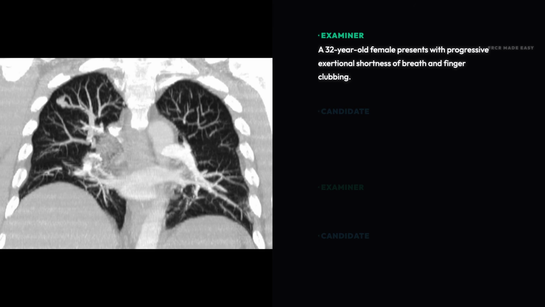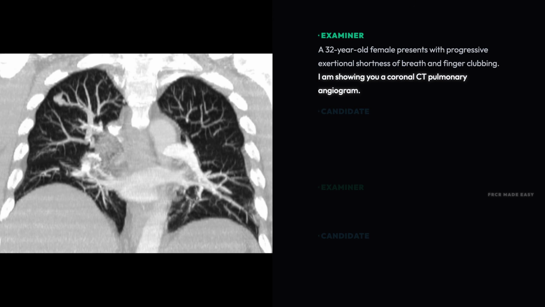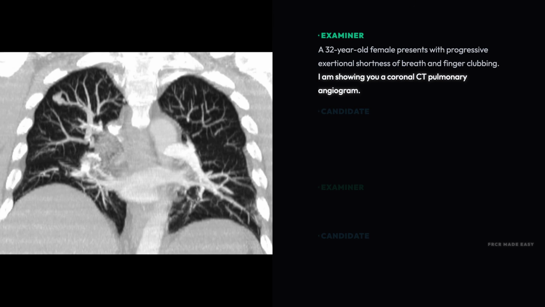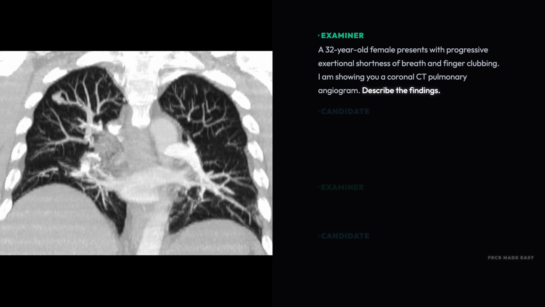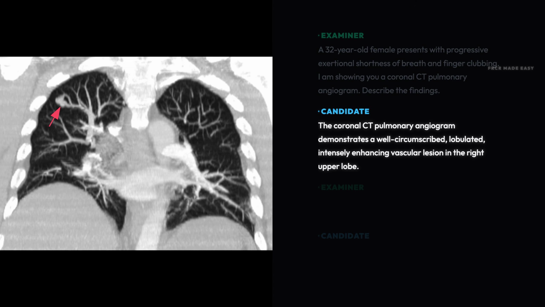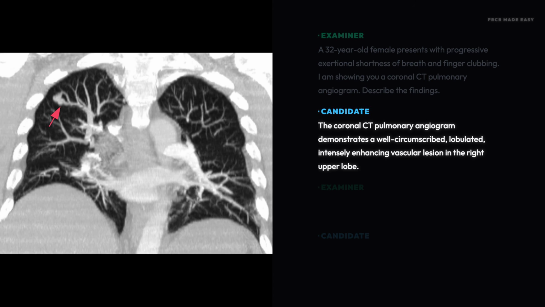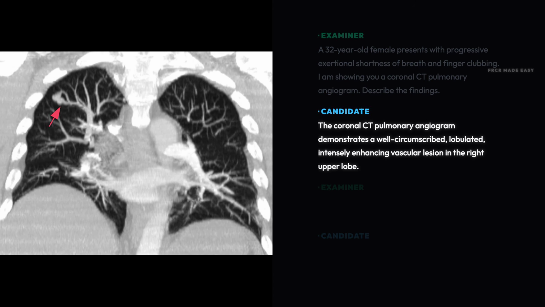A 32-year-old female presents with progressive exertional shortness of breath and finger clubbing. I am showing you a coronal computed tomography pulmonary angiogram. Describe the findings. The coronal computed tomography pulmonary angiogram demonstrates a well-circumscribed, lobulated, intensely enhancing vascular lesion in the right